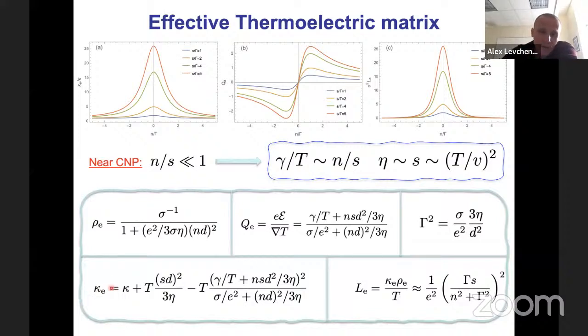So what I would like to tell you is that in these mesoscopic whole bar devices, the actual measured quantities in transport measurements are not intrinsic ones. So resistivity, as you can see, depends on fluid viscosity. Thermal conductivity depends on everything. It depends on the intrinsic thermoelectric coefficient, viscosity, intrinsic conductivity, and so on.